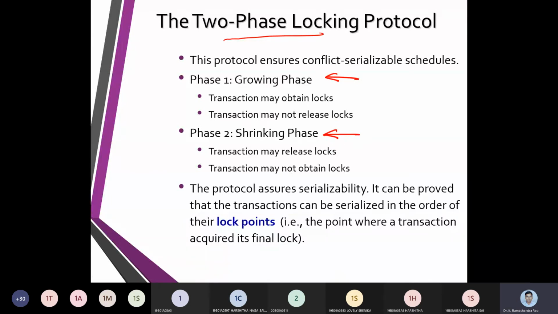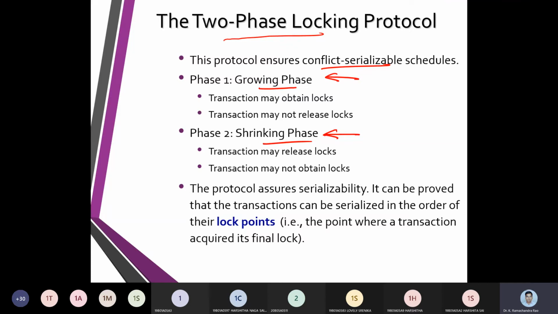To do this work, there are two ways. One, we ensure that there won't be any conflict in the serializability process. Second, transactions are assigned to a growing phase or a shrinking phase.